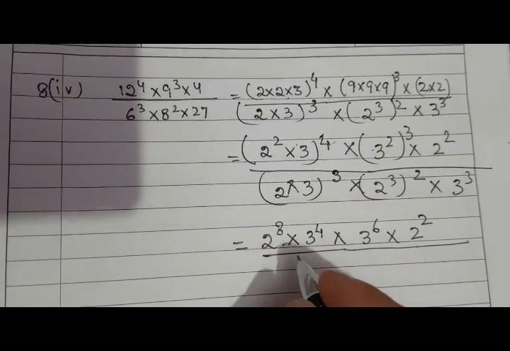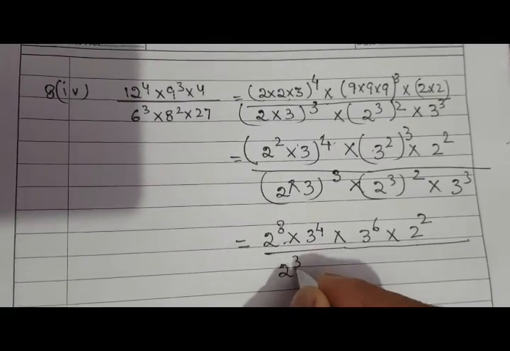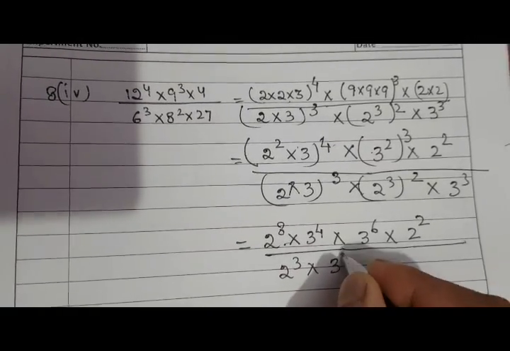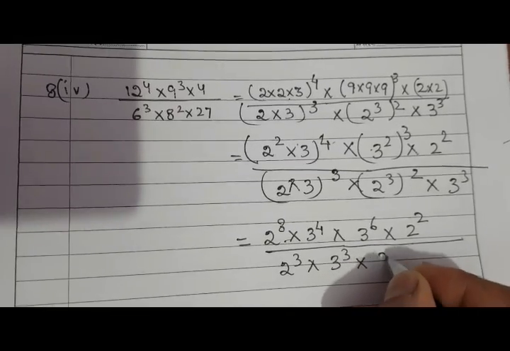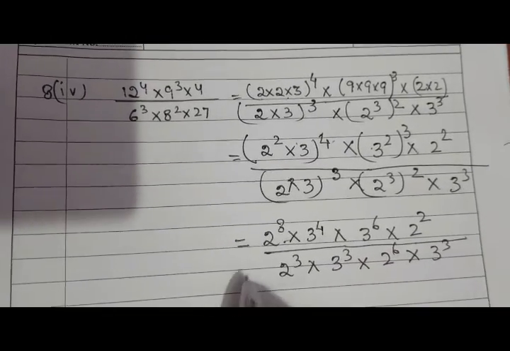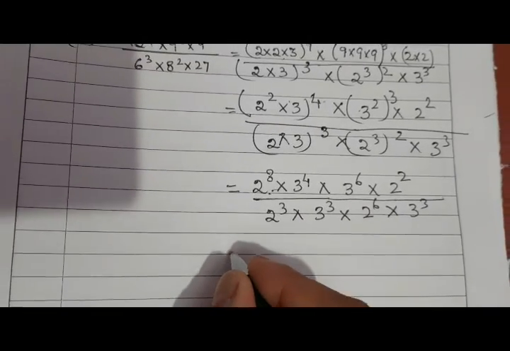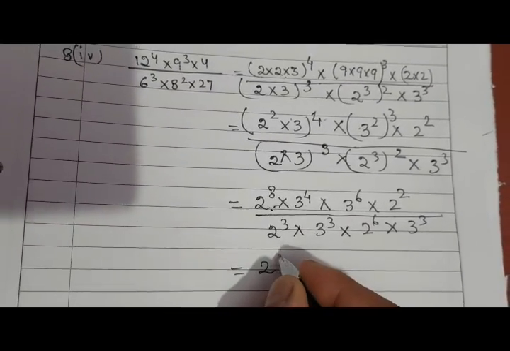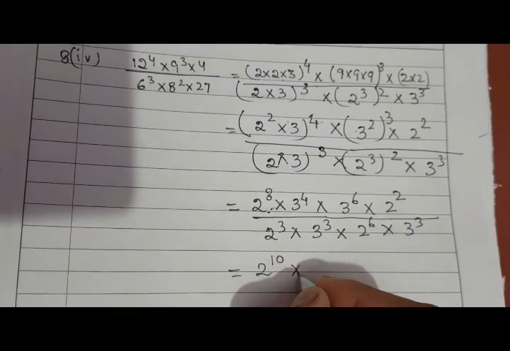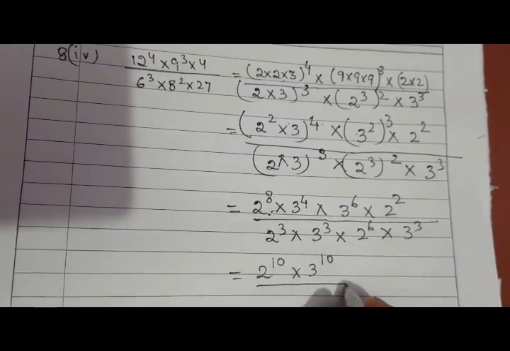Okay, now we'll do similar like this somewhere at the denominator, 2 to the power 3 into 3 to the power 3 into 2 to the power 6 into 3 to the power 3. Now the multiplication forms, we will add 2 8 plus 2 10 and 3 10 upon